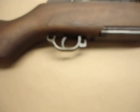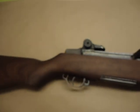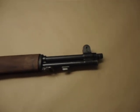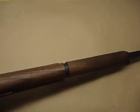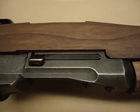No major issues. I'll go ahead and get it torn down, and the wood's got nice grain. It's going to look good when it's all stained and tung oiled. But I'm going to get it all torn down today and get it in degreaser, get it all cleaned up. I'll remove the barrel from the receiver, and then the receiver can be annealed, and I can get started on